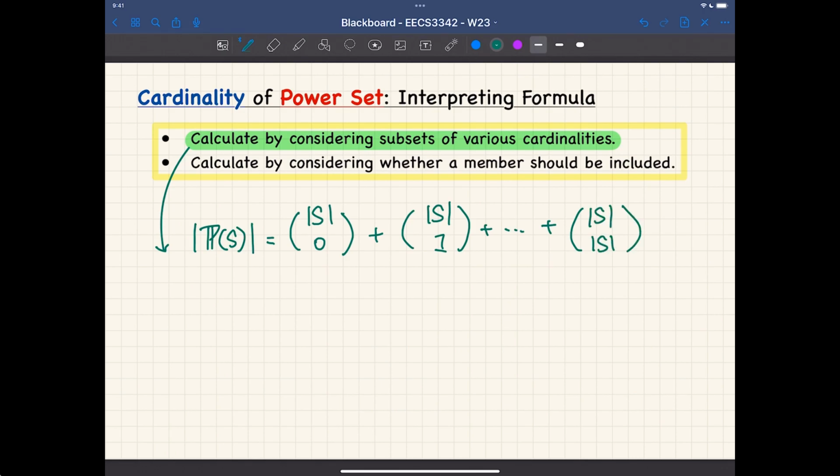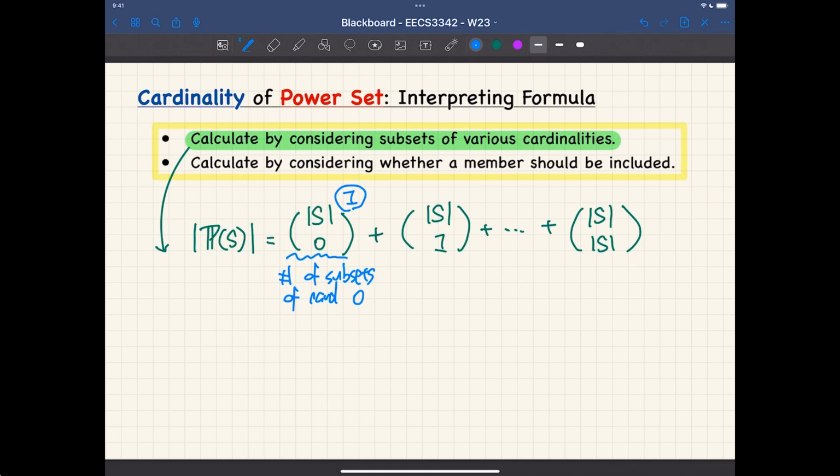Okay, so basically think about this guy here. It is the number of subsets of cardinality 0. And of course, it is the property of the choose operator. This one here would always be just 1. That's a special case, right?